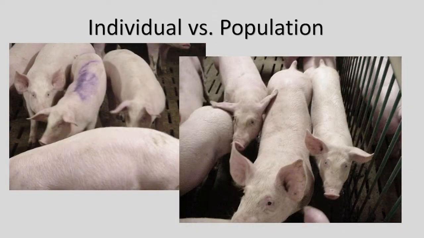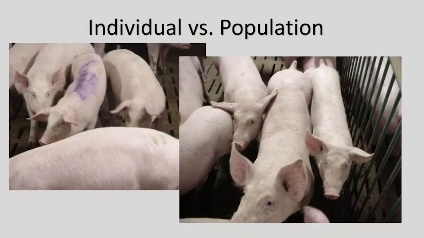So this is a picture of some grow-finished pigs, and the pig in purple has been marked because the stock person has identified that pig as having ileitis, which is an inflammation of the intestine caused by a bacterial cause. So in this case, we're talking about a group of animals that are largely in optimal health and an individual who has overt illness. In this instance, it would probably be appropriate for the stock person to go and individually treat that pig.